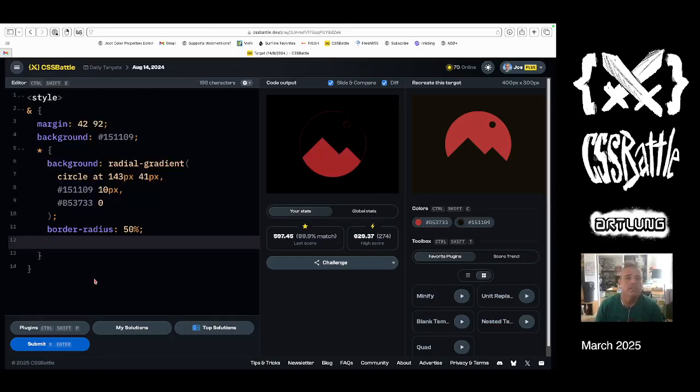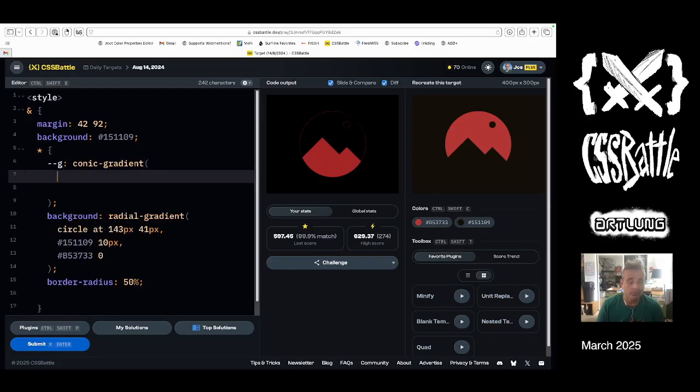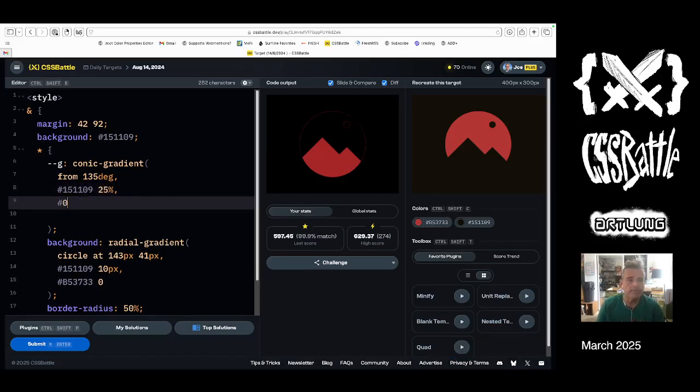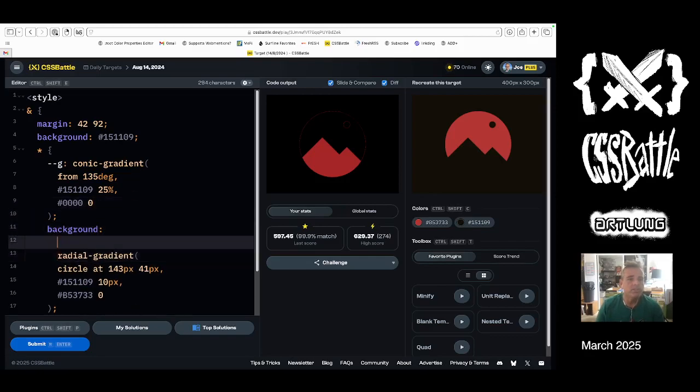All right, so we'll create a variable that's the gradient, and it's a conic gradient, and it's from 90 and then 45, so 135 degrees, and then it's this black color to cover. Black color cover, yes, correct? Yes, and then it's 25% or 90 degrees, and then transparent. And then if I add that as a var g and a comma,